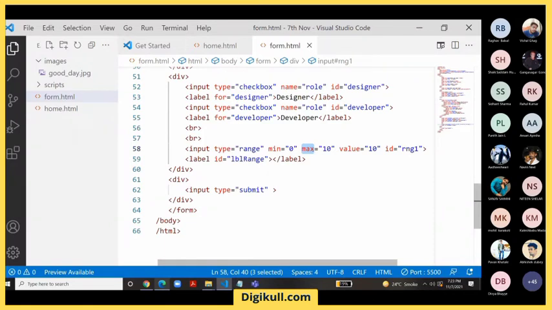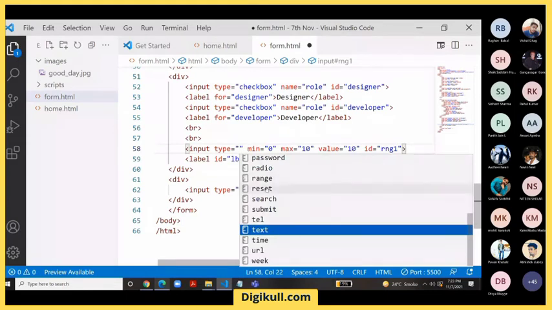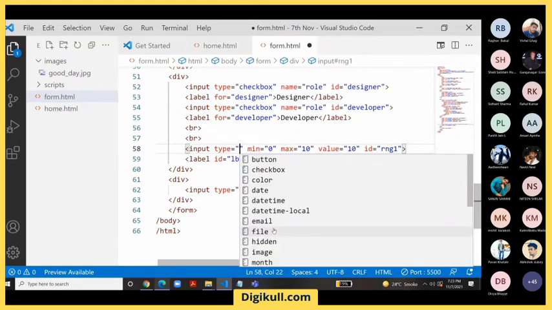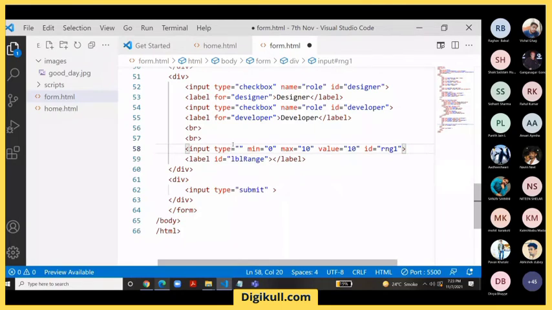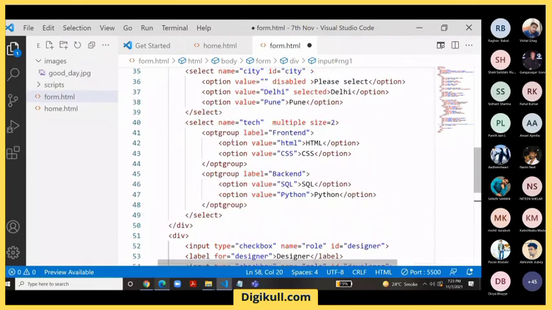What else was I showing to you? The range is done. I have shown you month. Telephone, you can use telephone. You want to use time, URL, week. Try all these options at home. The most important thing which I want to tell you now is that you have seen this form I have added,